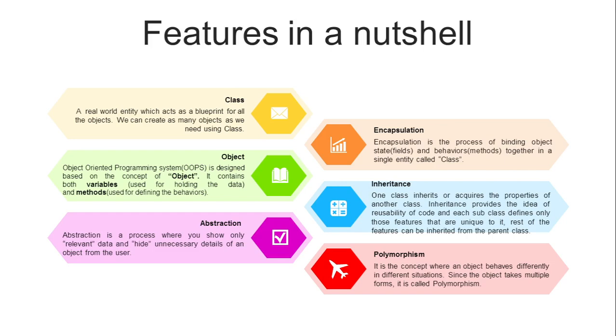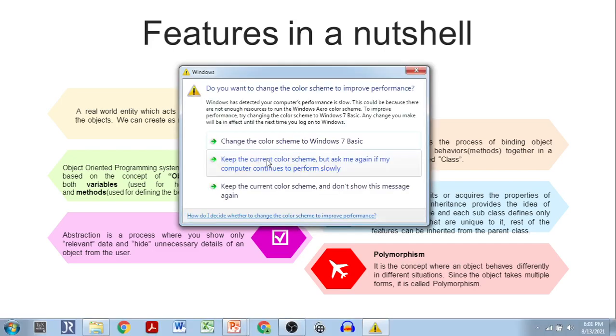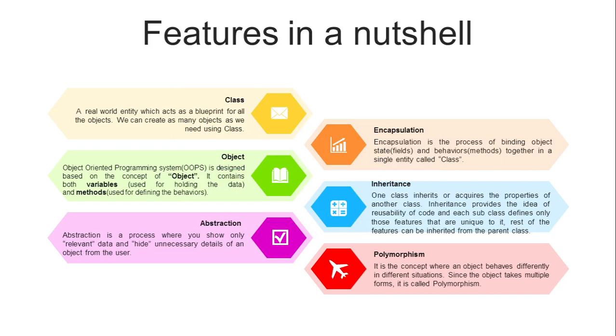What happens here? One class inherits the properties of another class. It's possible. It's not mandatory, definitely. You need not inherit the property of another class into your class, but yes, it's possible. You can do it. So this is a feature available here. Like we have many features in a mobile which you may use or may not use, in the same way, in a Java program, we have the feature of inheritance. You may use it or you may not. It's not mandatory to use inheritance everywhere or in each and every program.